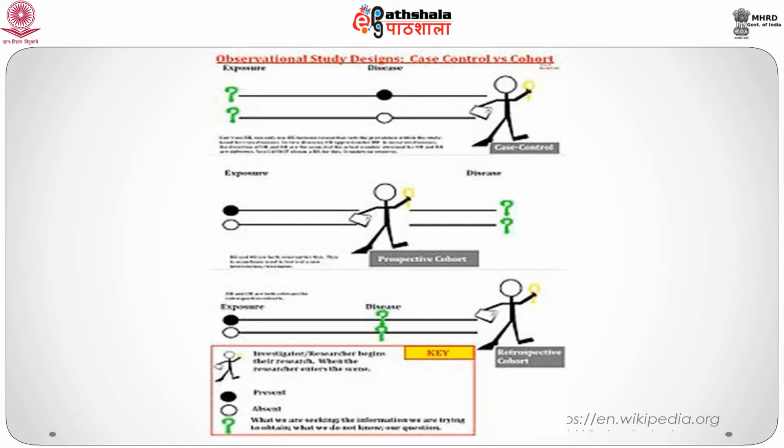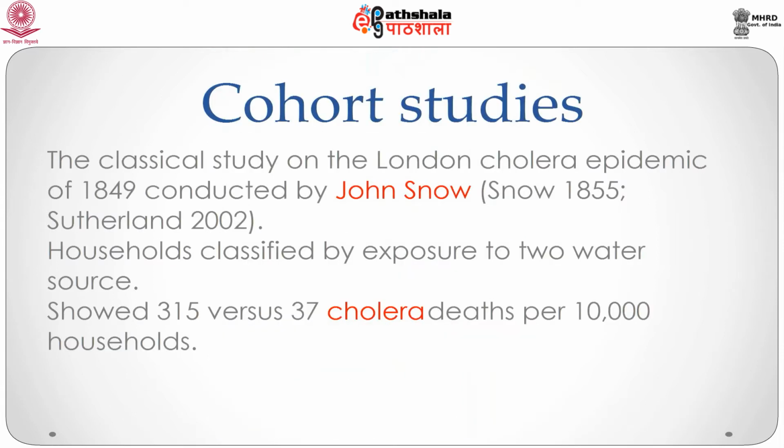In each of the three designs, the relative positions of the outcome, the exposure, and the investigator are different, and this is what we shall explore in more detail in this module. We shall come back to this graphic after looking at an overview of the three underlying designs. So to begin with, the cohort study.